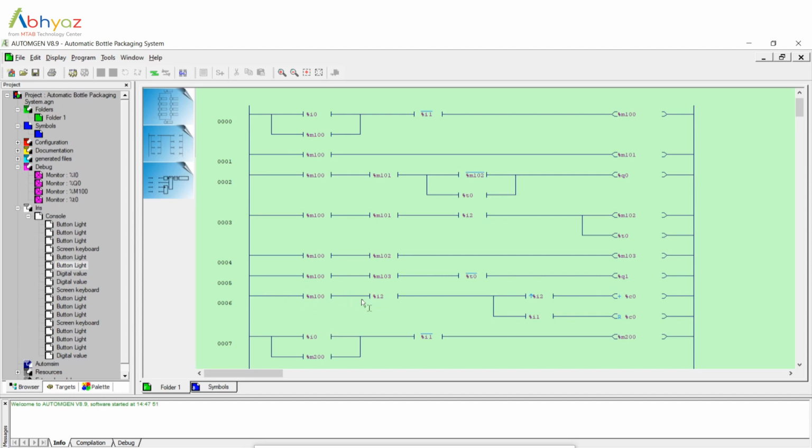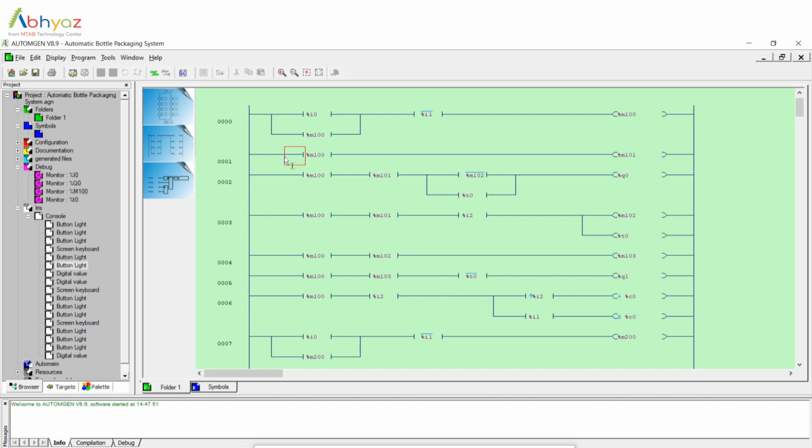You can see that in rung 6, the power control will control the sensor, and the sensor is attached to a counter so that we can get the number of bottles that have passed through a specific station. We have this percentage I1, and we are allowed to reset the counter after the stop button has been pressed.